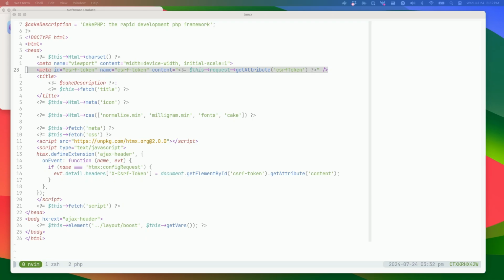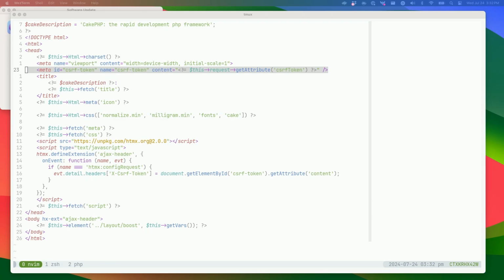So what if we could give those abilities of being able to submit data to the server or fetch data from the server to other elements other than buttons and other than links and forms? What if we could make any element be able to do requests to the server? And what if we didn't have to write JavaScript to do all of that? What if we could just do it through some declarative HTML? That's kind of the idea and thinking behind HTMX, or at least the part that I remember and can convey